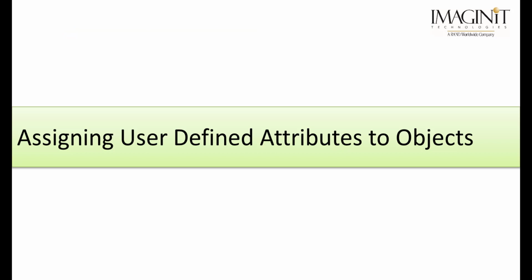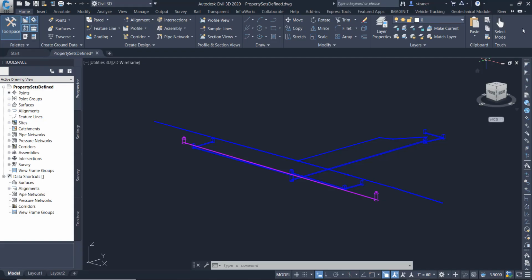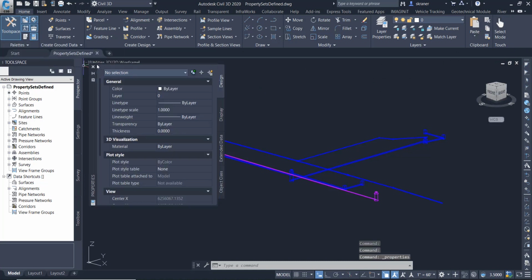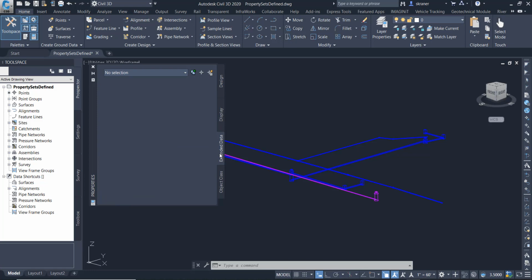Now that our property set definitions are in place, we can assign properties to utilities in the drawing. To assign our user-defined attributes to our utilities, we need to use the AutoCAD property palette. Note that this is not one of the Civil 3D property dialog boxes, but the AutoCAD property palette. On the Extended Data tab,